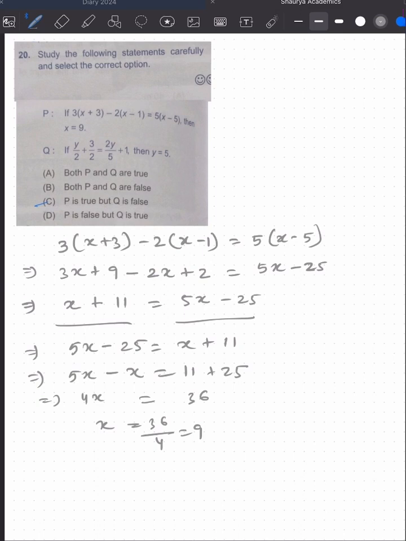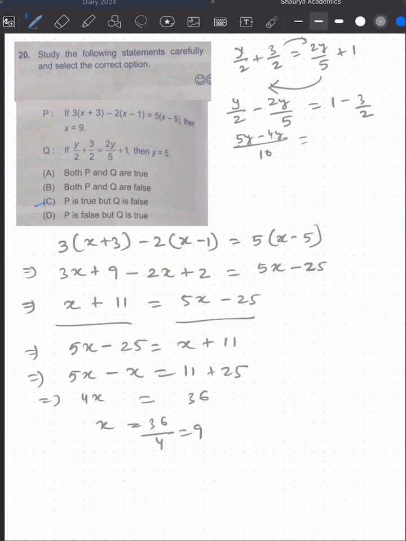Let's solve for Q. y by 2 plus 3 by 2 is equal to 2y by 5 plus 1. So let's bring the variables here and the numbers there. So y by 2 minus 2y by 5 is equal to 1 minus 3 by 2. LCM is 10. 2 5s are 10, so 5y minus 5 2s are 10, so 4y